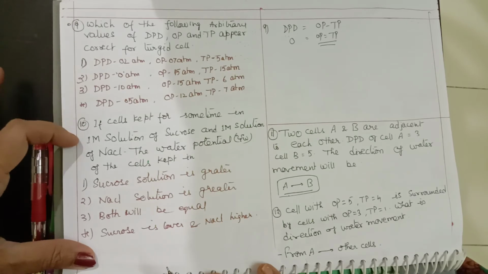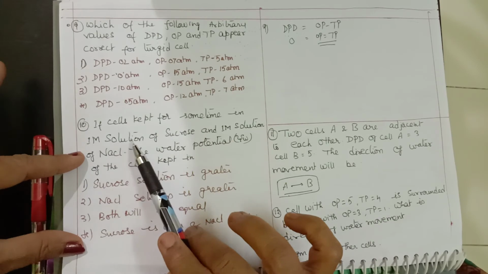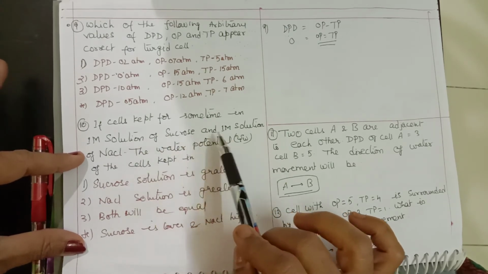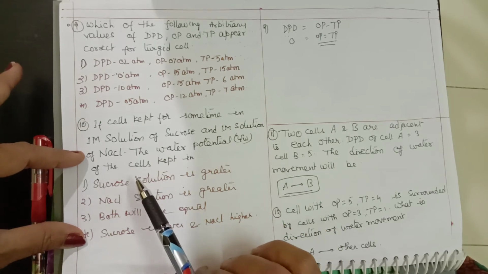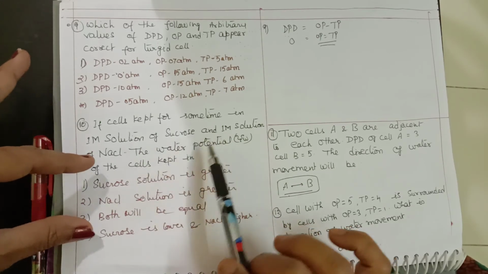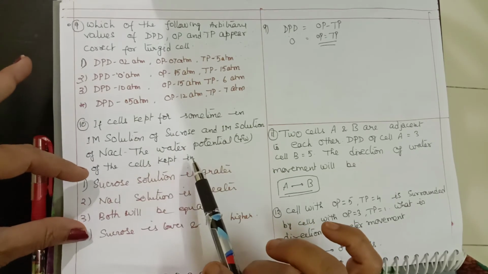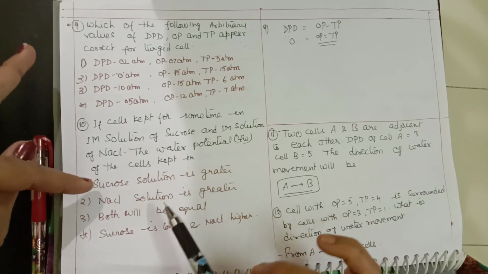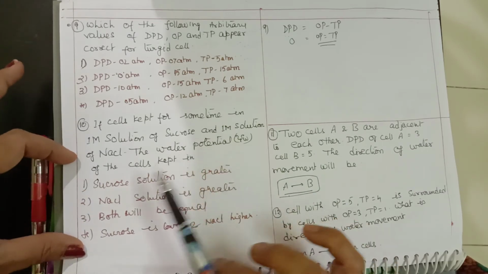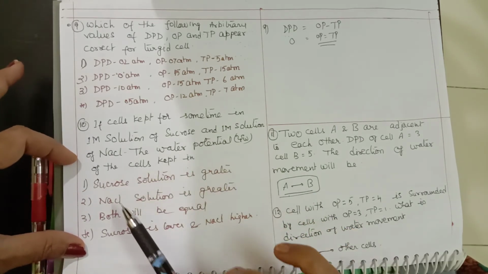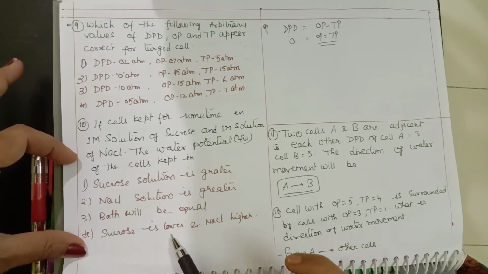Then the next question, the 10th question. If cells are kept for some time in 0.1 M solution of sucrose and 0.1 M solution of sodium chloride. Of course, cells are kept separately, not one after the other. Some cells are kept in sucrose and some are kept in sodium chloride solution. What are the changes in the water potential of the cells? So which option should be correct? The options are: sucrose solution is greater, sodium chloride solution is greater, both will be equal, sucrose is lower and